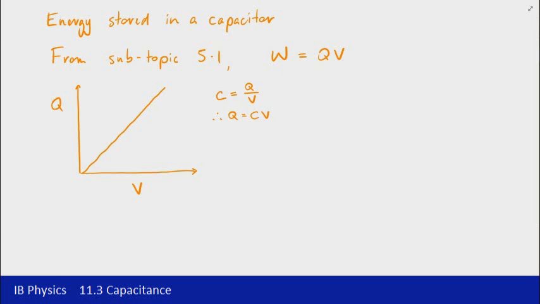Now, we've come across this idea in a few different ways. If we want to look at that concept now, it's the area under the curve. So the area under the curve of a Q versus V graph is actually going to be the amount of work that's done. So it's the work done separating the charge,